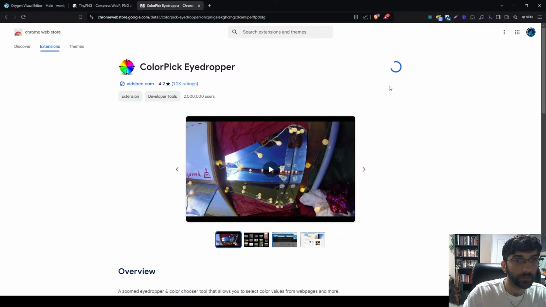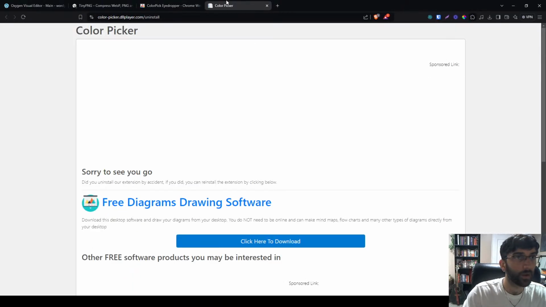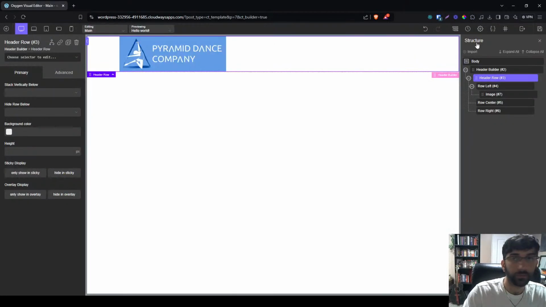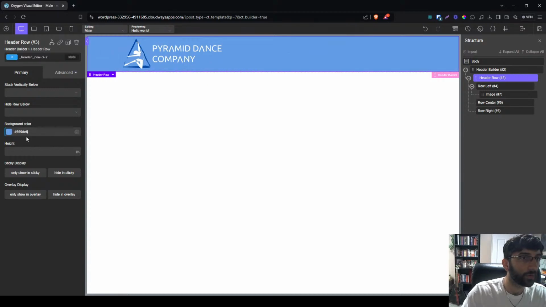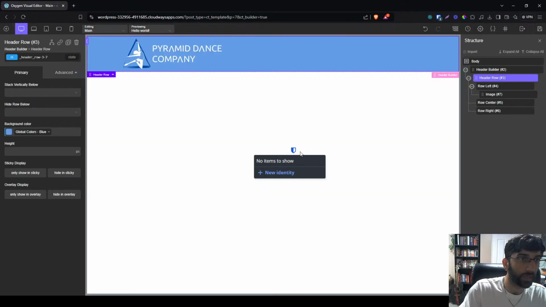Alright, this is the one I usually use. Let me get rid of this one. Get rid of that. Okay. This is going to be useful, so we can grab our color from here. There we go. This is going to be our global color, and make this the background of the header builder, and then we can click here to save it. This is going to be our global blue,